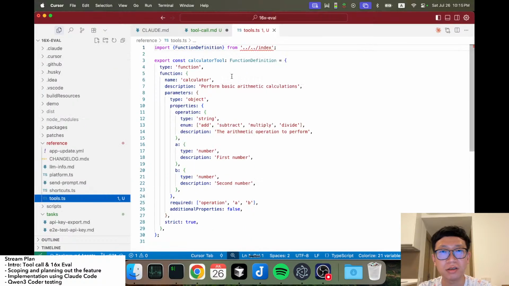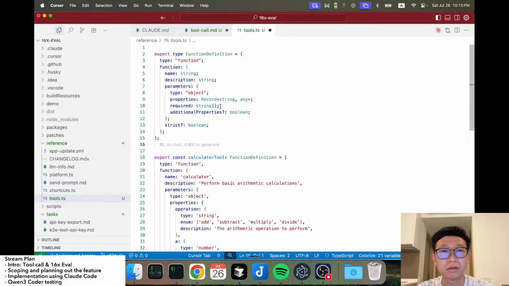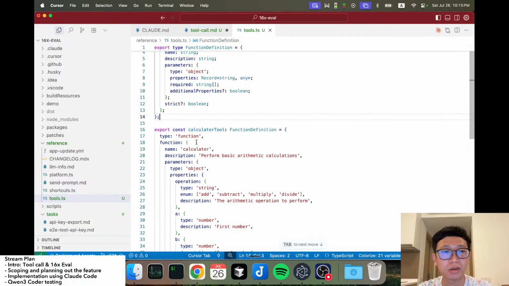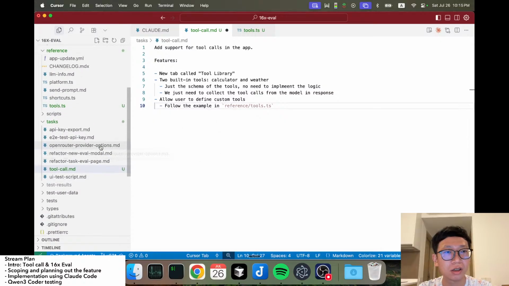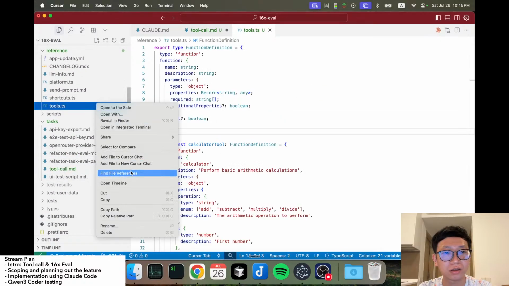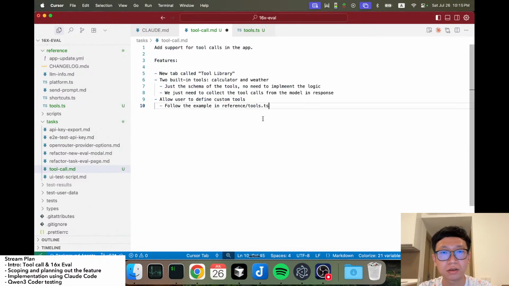So this is an example tool. Okay, so the user can define custom tools and then allow the user to choose